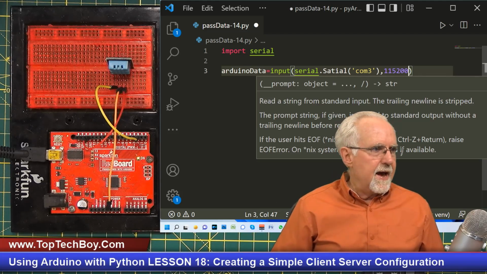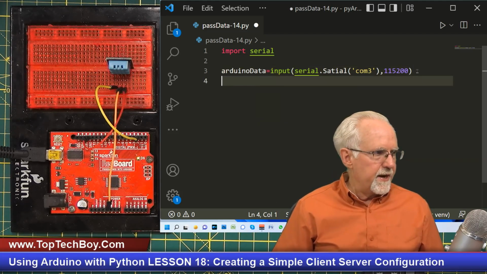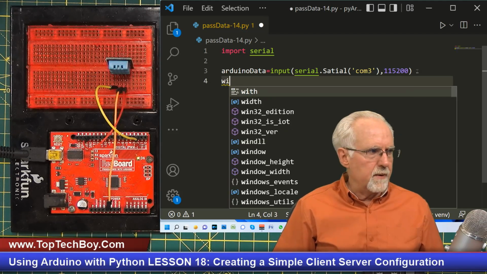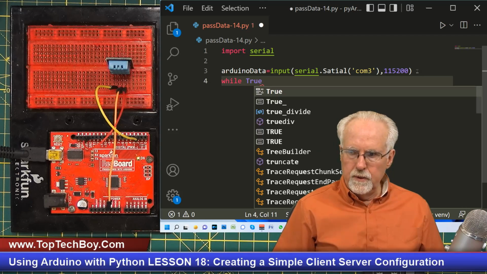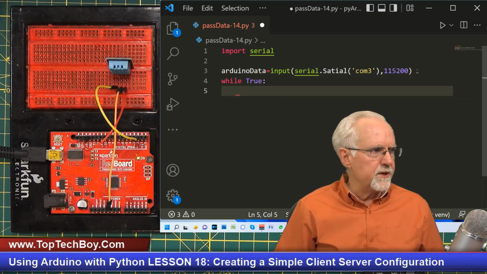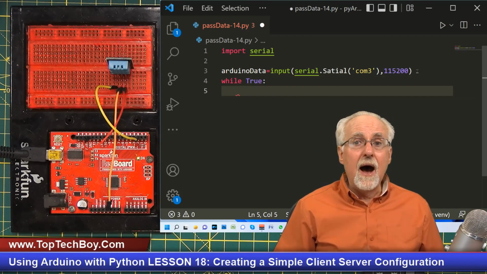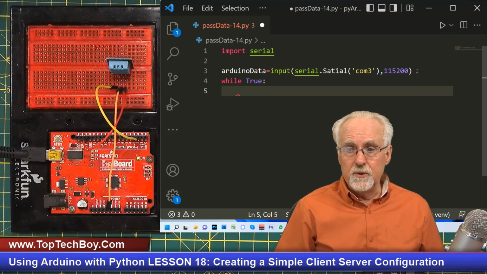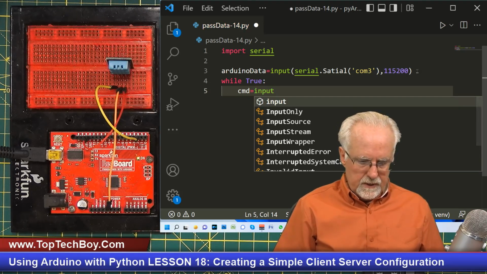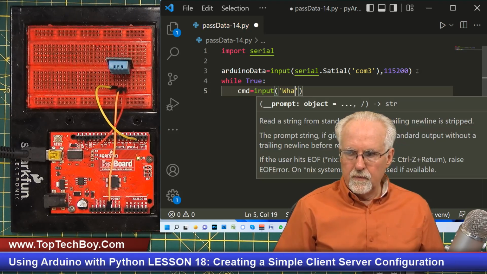Okay, now what are we going to do? We're going to create our main loop. So I'm going to say while True. And when is true true? True is always true. What am I going to do? I'm going to get the command from the user. That's you. So I'm going to say cmd is equal to input, and then what